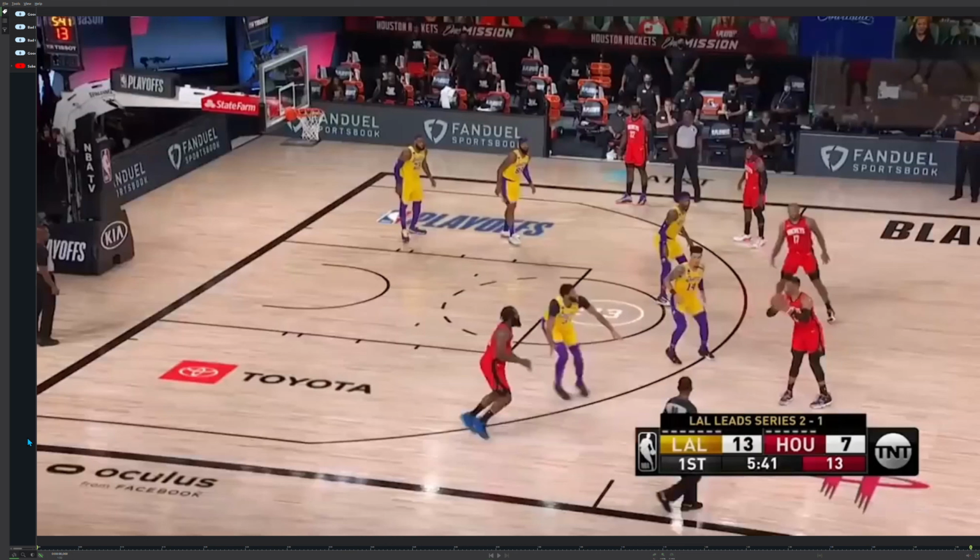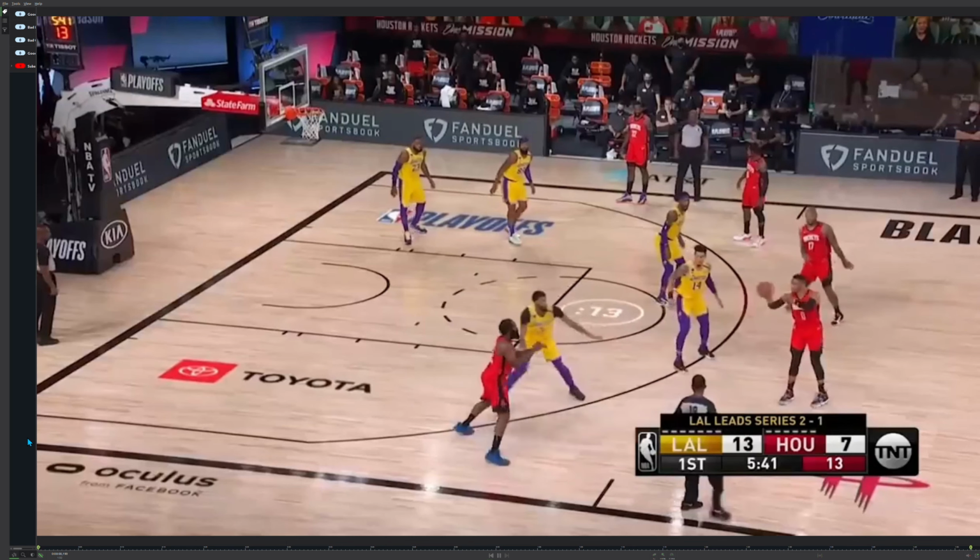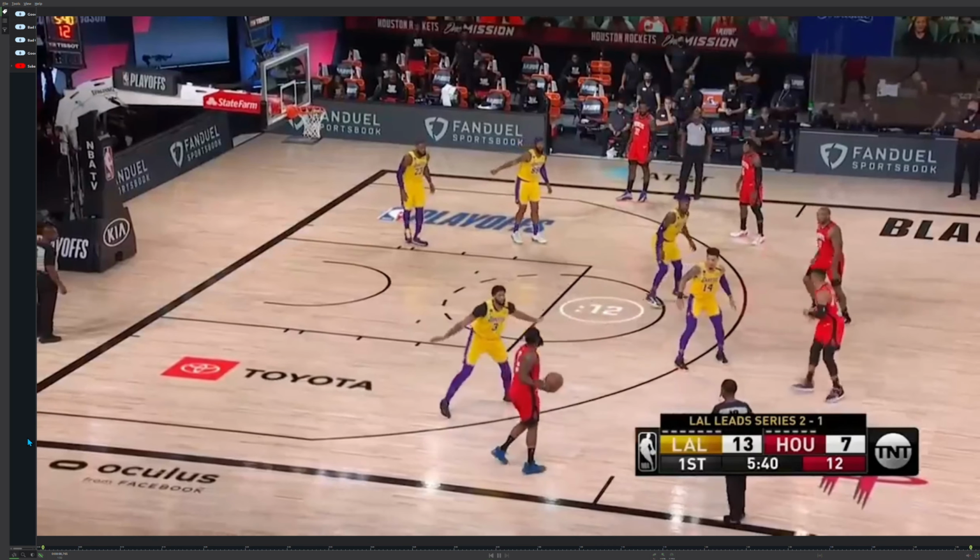Okay, so this is a finishing breakdown, one-on-one from the perimeter. So we have three main reads, and there's different skills you can use within those reads. So the first read is, what do you do if you get ahead of your defender when you're sprinting towards the basket? So if I play it more full speed,